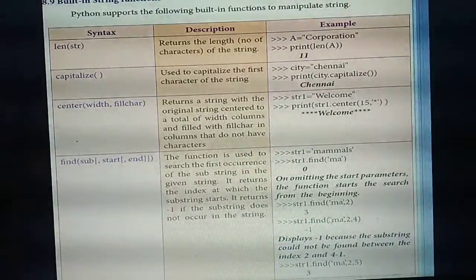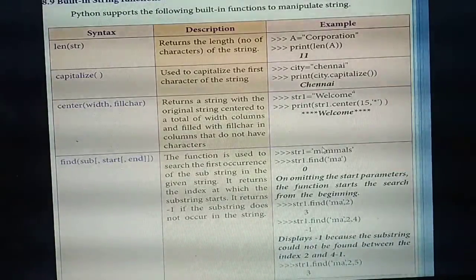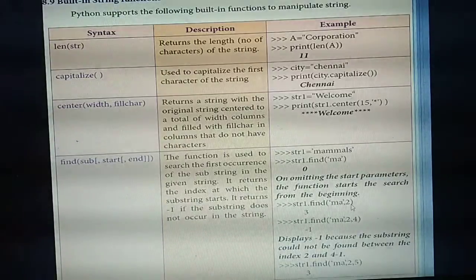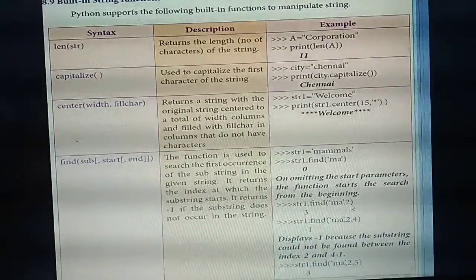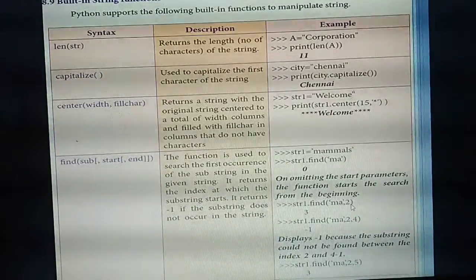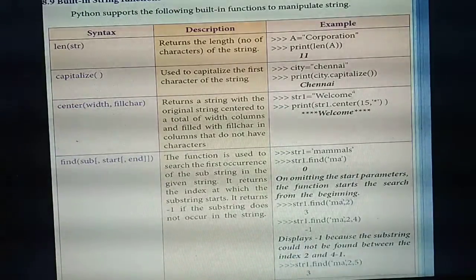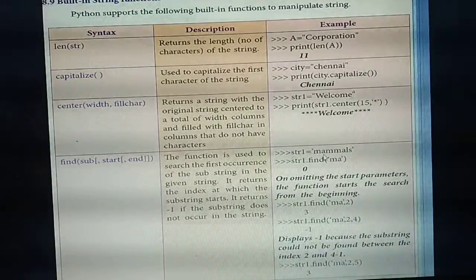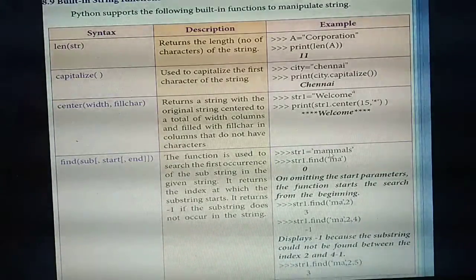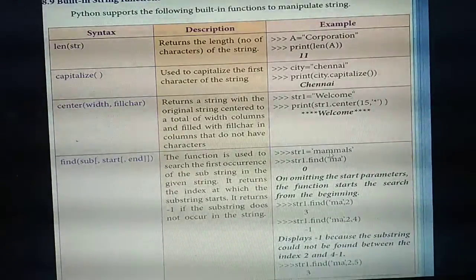So listen. In this example, find MA comma 2, they have given only one index value. One index value means the starting index. So if only one index is given, you need to consider it as the starting index value. What's the starting index they have given? 2. What's the meaning? From 2 onwards, from where the substring MA will start. Count it: 0, 1, 2. After this, from which index value onwards will the word MA start?